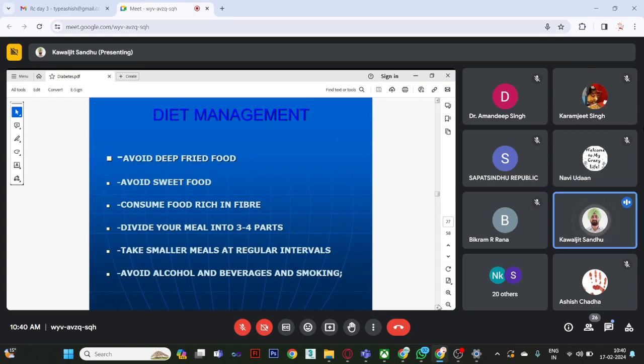So one should also consume more fiber-rich foods. Fibers are very, very important. I can emphasize more on fibers because we have two kinds of fibers. One is soluble fiber and one is insoluble fiber. Both have their very important role in our body. So what soluble fiber does is, because in blood we may have high concentration of